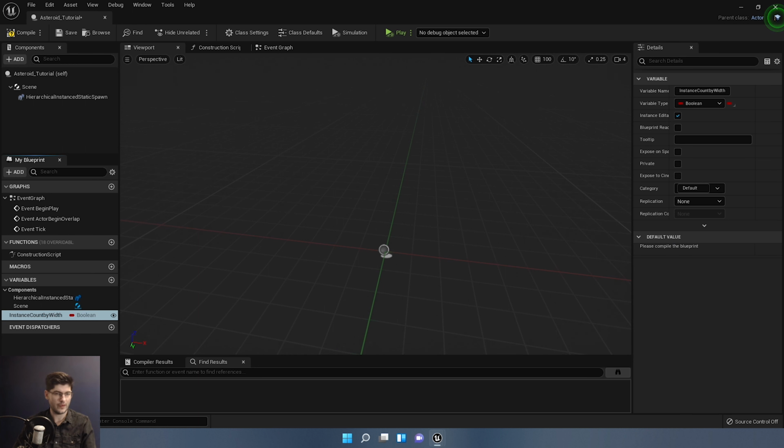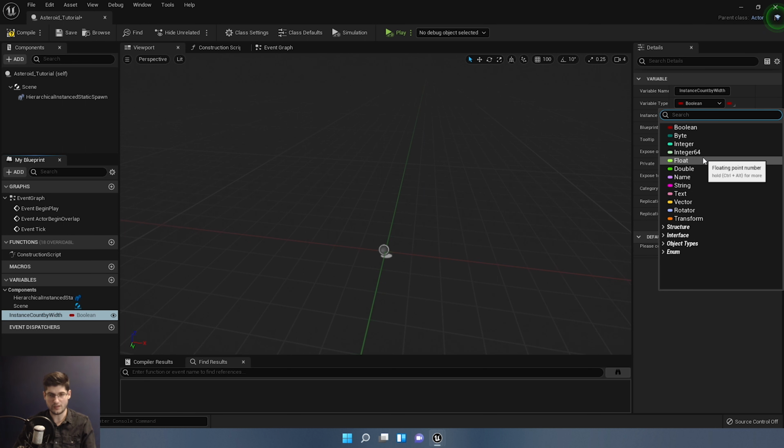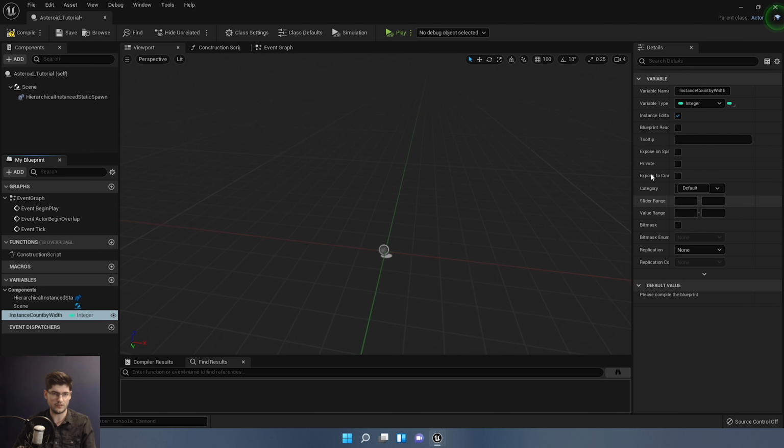there's nothing in the default value. If we change this to an integer, which we need to anyway, it says here, please compile the blueprint for you to be able to see anything. Once we press compile, you can see that we now have an instance count number, which is great. Then we can right click it and select duplicate,